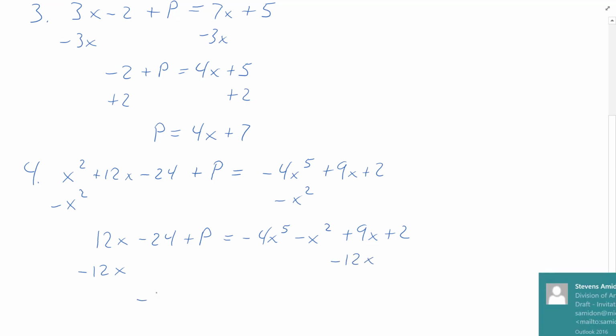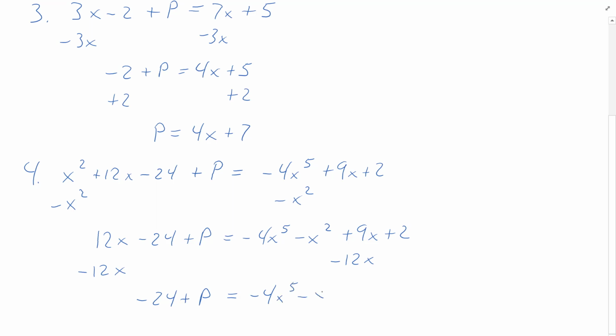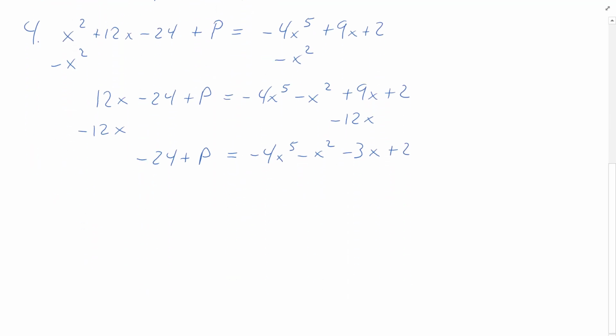Subtracting 12x from both sides, now I have negative 24 is equal to p, plus p, excuse me, is equal to negative 4x to the 5th minus x squared. Here I can combine like terms. We're going to end up with minus 3x plus 2. And finally, we'll add 24 to both sides. And we'll end up with p is equal to negative 4x to the 5th minus x to the 2nd minus